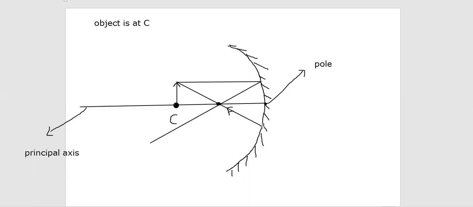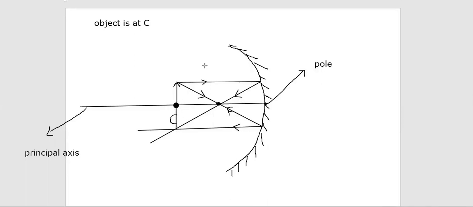right? Then it will be parallel. These two, the arrow marks which I have kept, are incident rays, whereas these two, this one and this one, both of them are reflected rays. As you can see, those two reflected rays are meeting at a particular point, and here you will be getting the image.